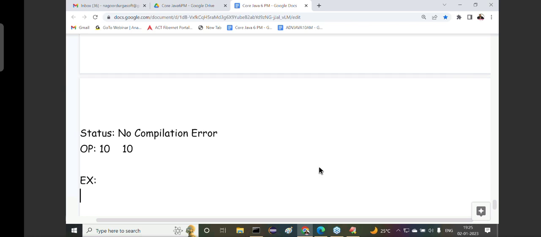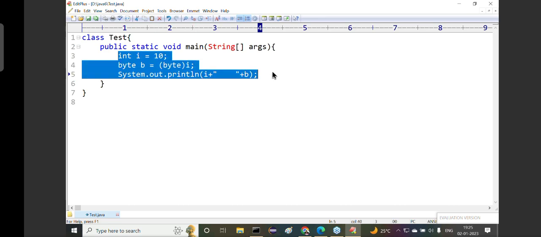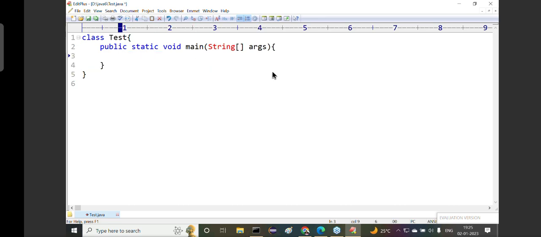Now all of you observe carefully. I am telling you another example. Say for example, int i = 10; short s = i; First of all, understand it. short s = i; System.out.println(i + " " + s);